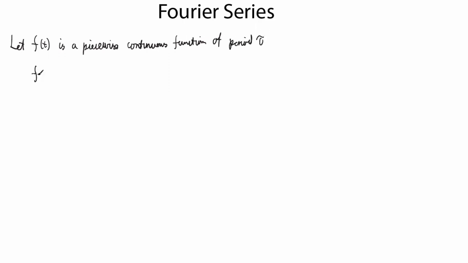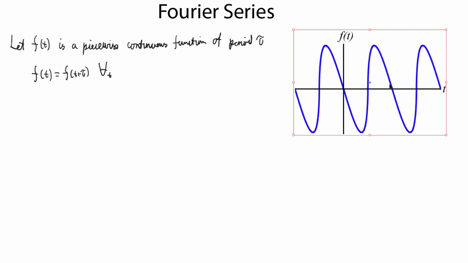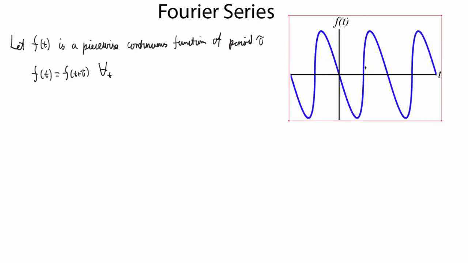And that means that we can write that f of t equals f of t plus tau at all times. So this is what a periodic function looks like. It essentially repeats itself with some interval tau,